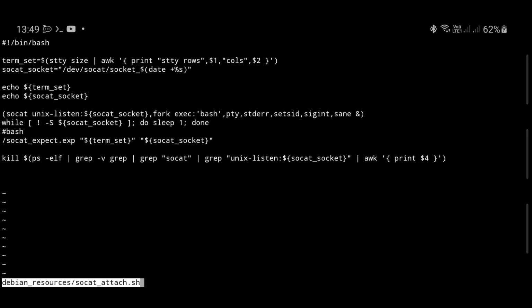So it's important. After getting the current console size, we are also preparing a variable for the socket. It should be something that hasn't already been used, so I'm using date with a timestamp format here,